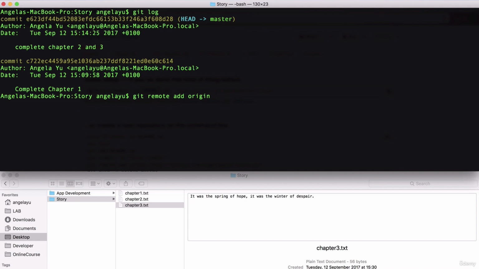So git remote add origin, and then we're going to paste the URL of our remote repository on GitHub, and then we're going to go ahead and hit enter. And now that remote is created, so we can push our local repository onto our remote repository, which is called origin. So we're going to say git push